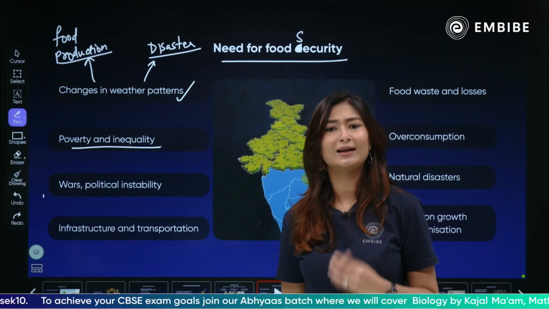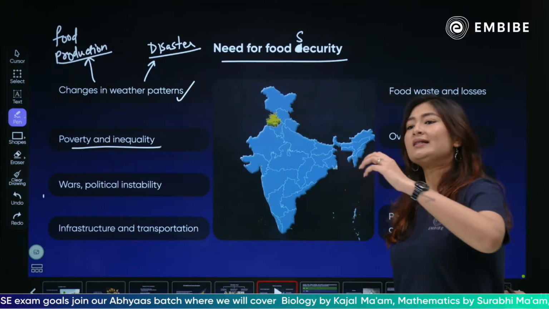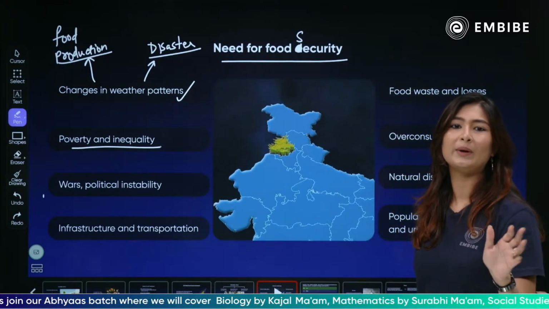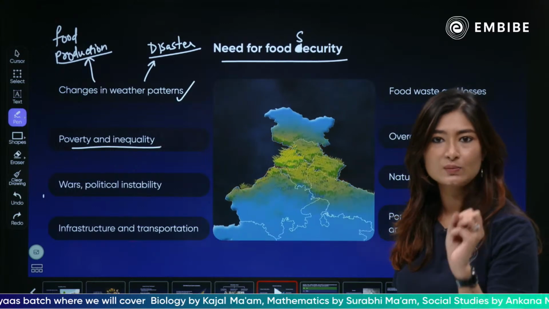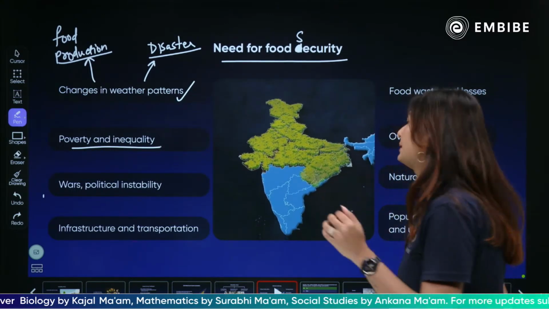बीपीएल बोल रहे हो यार, गरीबी नहीं बोल रहे हो, बिलो पॉवर्टी लाइन बोल रहे हो. मतलब जिनके पास घर नहीं है, जिनके पास पीने का पानी नहीं है, पहनने के लिए कपड़े नहीं है, खाने के लिए खाना नहीं है, that has to be a small number, right? So it's around 12%. Okay, 10 to 12%.